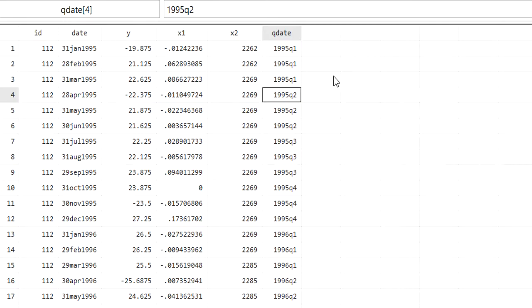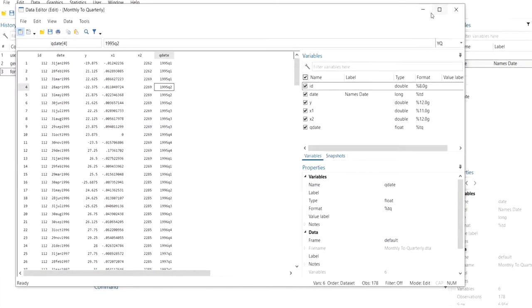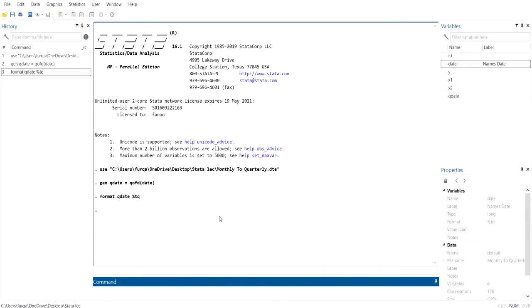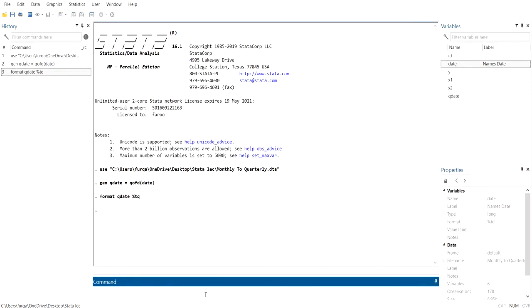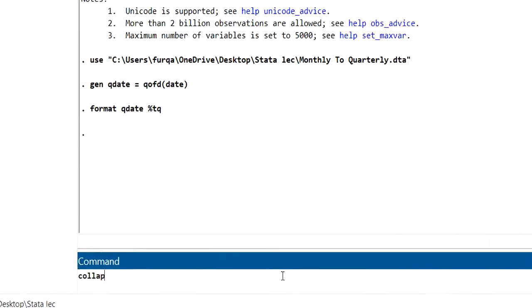Now we can convert this data into quarterly observations. For example, if you want to take the averages of these three variables and convert them into quarterly observations, so that it takes the average of the three values of that quarter, we will run the command collapse.